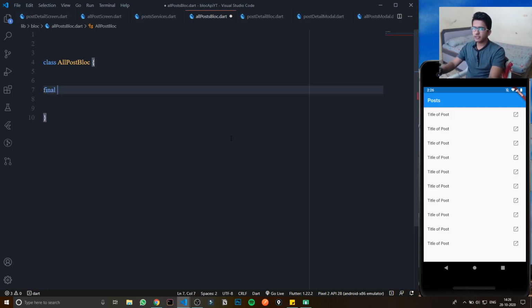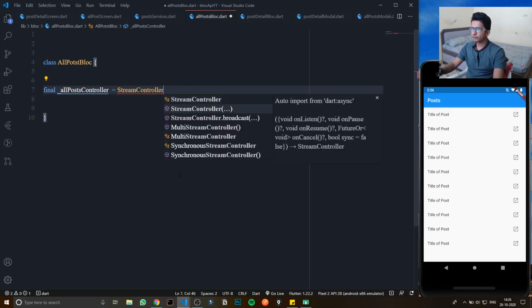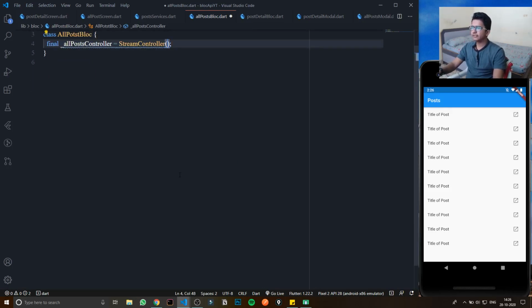So first I am creating a controller, allPostController, equals StreamController. Yep, StreamController it is.